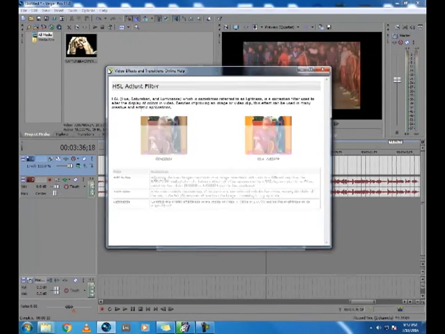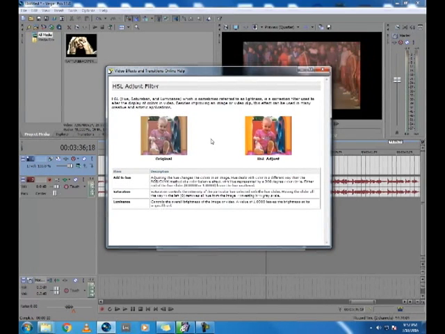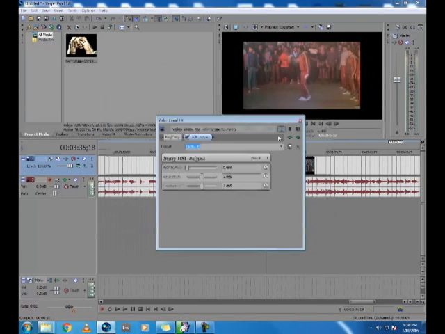So hue, saturation, and luminance, which is sometimes referred to as lightness, is a correction filter used to alter the display of colors in video. Besides improving an image or video clip, this effect can be used in many creative and artistic applications. Okay, so with that in mind,